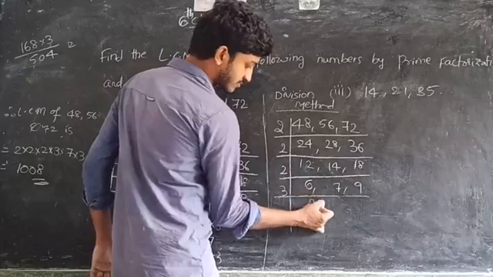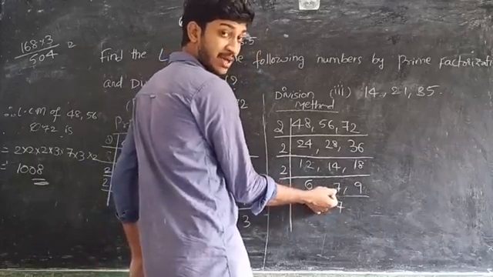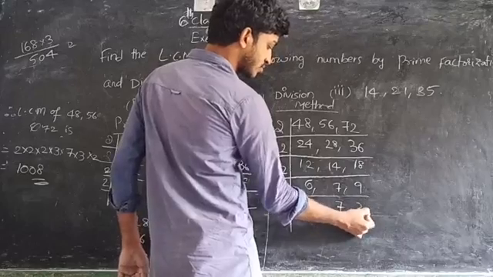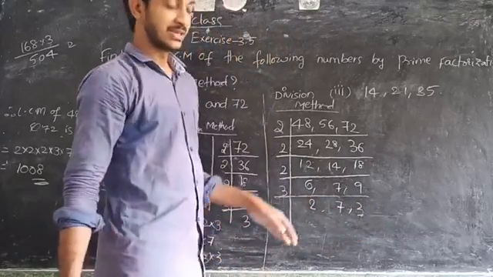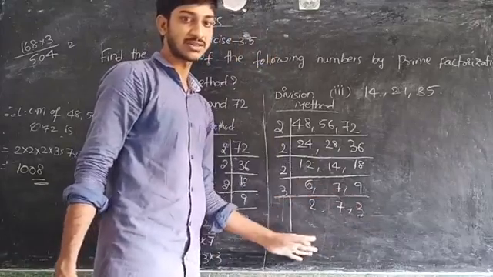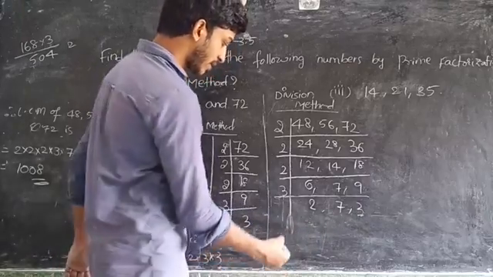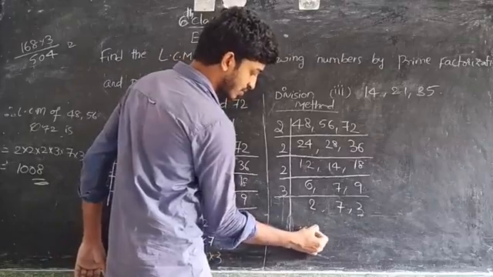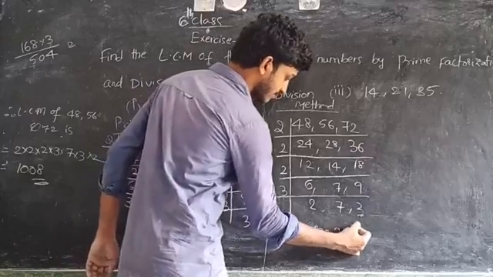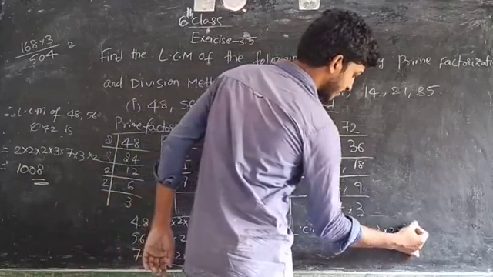See, it is 2 times, and 7. If it is not a factor of the number, then we have to write that number here. Now 3 times. So 2, 7 and 3. These 3 numbers have only one common factor, that is 1. That's why they have no common factors. So we have to multiply now. LCM is equal to, we have to multiply these 4 divisors with the remaining numbers: 2 into 2 into 2 into 3 into 2 into 7 into 3.